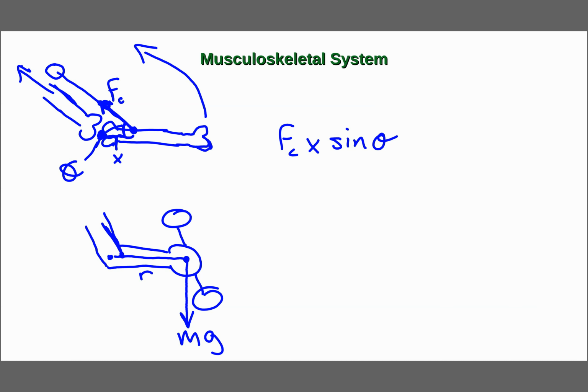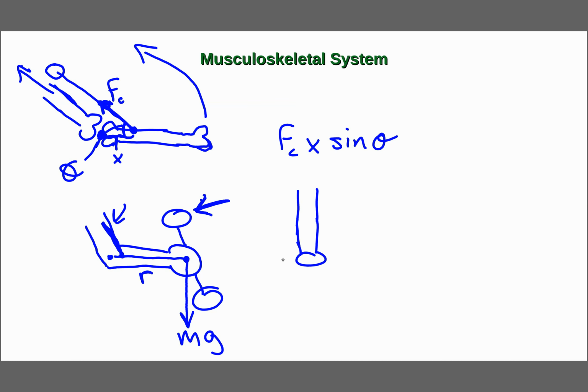So the muscle has to pull with a much greater force than the weight of the weight in order for your arm to bend, because the torque from the bicep here and the torque applied by the weight over here are using such different distances from the axis of rotation. Okay? But notice also that as my arm changes angle, as my elbow changes angle, so for example, if this